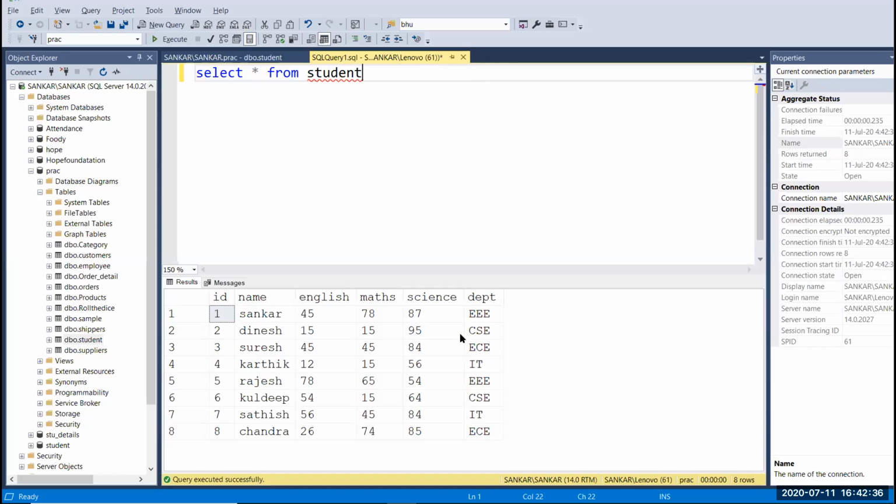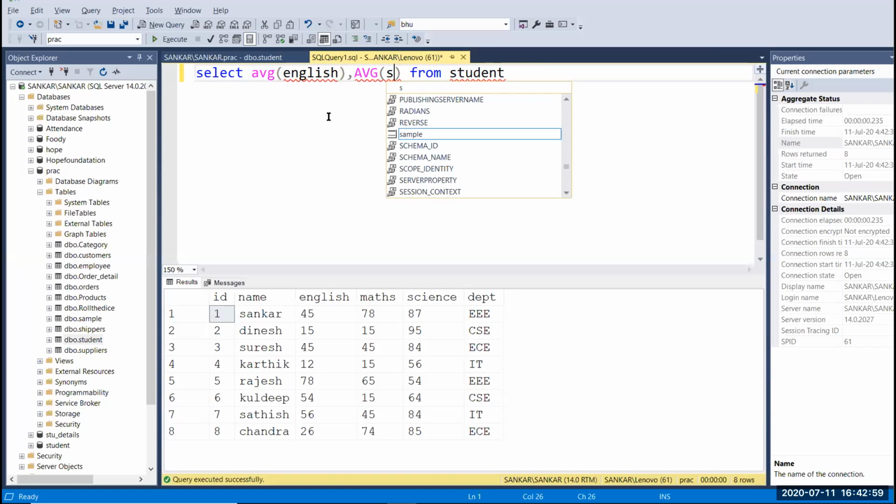I'm going to average these columns by using AVG. Just pass AVG, and here you can pass your columns. It is English, and comma AVG, that is science,